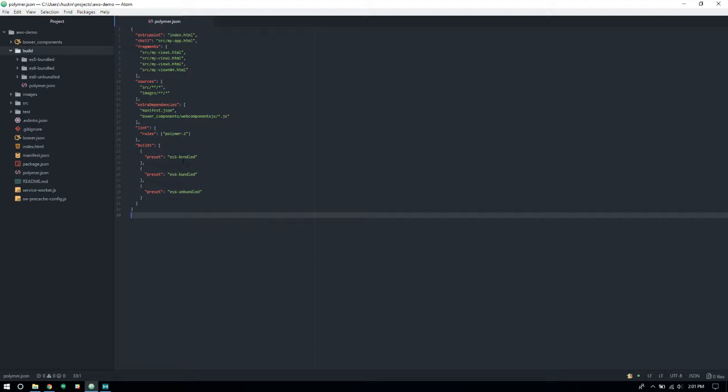As that built out, it gave me this polymer.json file. I'll go more in depth into tweaking this polymer.json in some of my later videos. But the thing we need to know here is actually this preset, ES5 bundled. That's going to give us our best option for cross-browser compatibility until we get more support for ES6 across all browsers. In order to run this build, you just run the polymer build command,